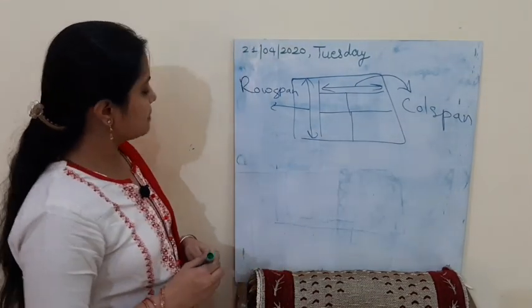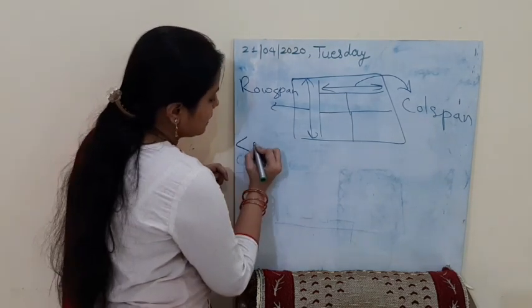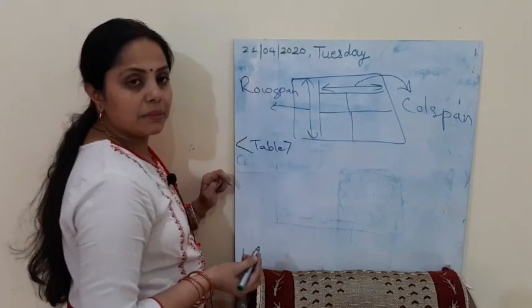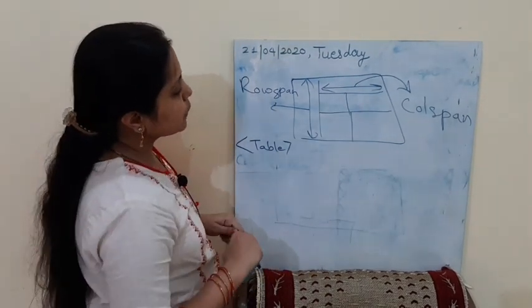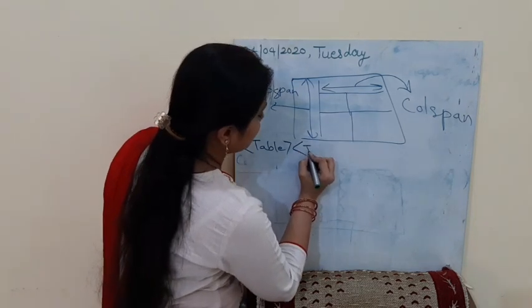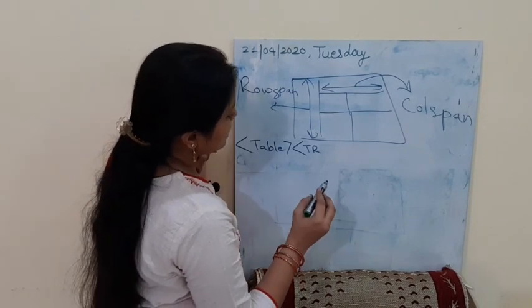So this is my diagram, and if I want to create the same thing, as we know, when I am creating a table, I have to start it with the table tag. My table tag has started. Now I have to create one row. So first of all, table, then tr. Now in that tr, as soon as I have created,